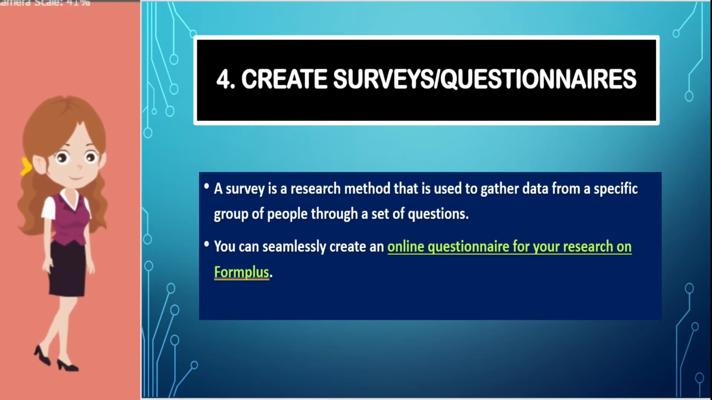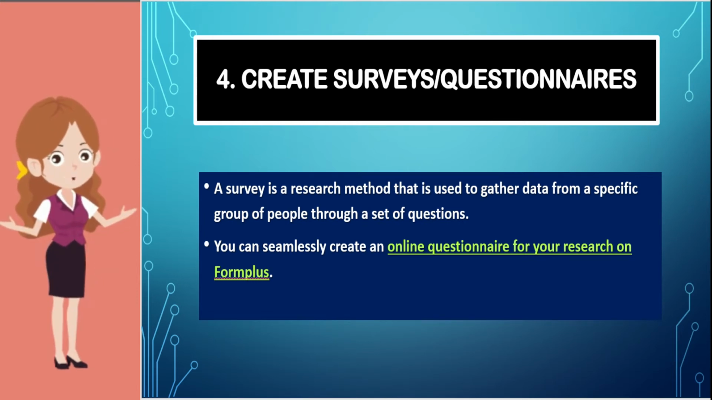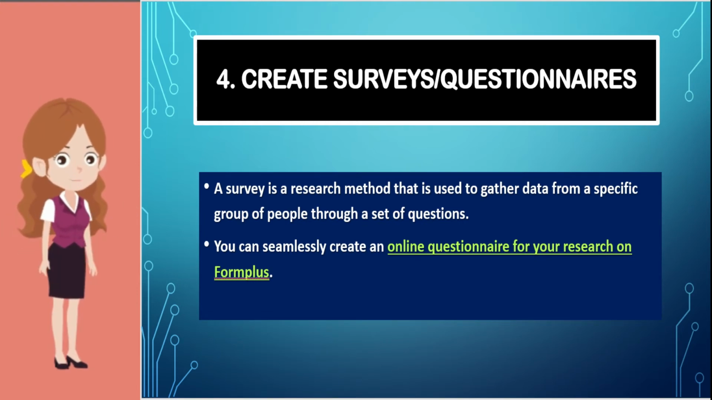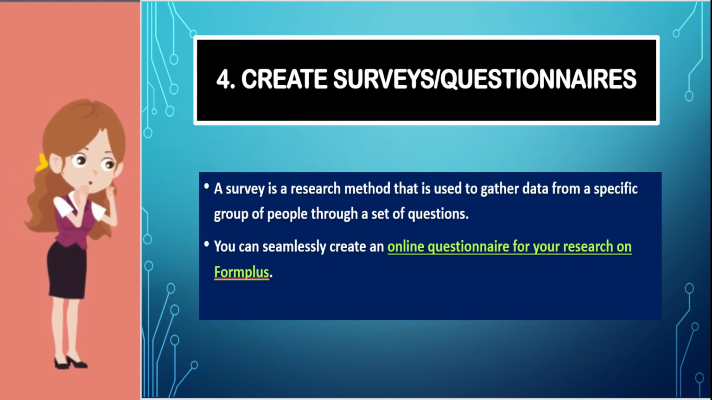Next point is to create surveys or questionnaires. A survey is a research method that is used to gather data from a specific group of people through a set of questions. It can be either quantitative or qualitative. A survey is usually made up of structured questions and it can be administered online or offline. However, an online survey is a more effective method of research data collection because it helps you save time and